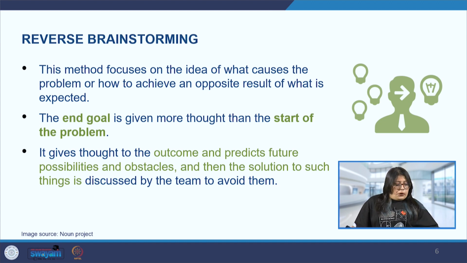So the next step would be to reverse these ideas to find the solution. Where in the first instance we had said to respond to customer inquiries very slowly or not at all, now we'll reverse it and say ensure quick and efficient response times to customer inquiries. Initially, when we were finding ways to come up with faulty service, we said give inaccurate and incomplete answers to customer inquiries. Now we will reverse this statement and say provide accurate, detailed, and helpful answers to all questions asked by the customers.